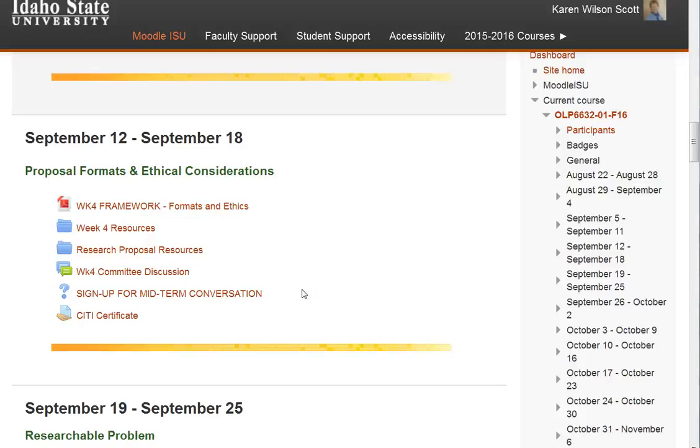If those dates that I have don't work for you, then just email me and let me know, and we'll determine another date. And we can do this as a Skype, as a FaceTime, as a just telephone conversation, or in person. Depends on how you'd like to do it, and we can just make this happen in a good way for you. The objective here for the midterm conversation is for us to really hone in on your